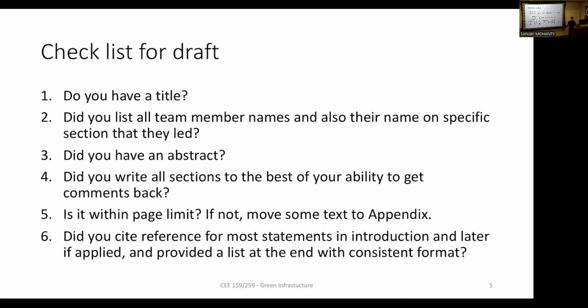Is it within the page limit? Don't send me something 20 pages, 30 pages, and make me decide what to remove, because you have to make that decision: what is important, what is not. When you send a report somewhere, what's the limit? Let's say NSF, National Science Foundation, or LA County, they have a specific page limit. You cannot decide to send something else. If you send that, they immediately reject it. So that's the real world situation. That means you have to make that decision.